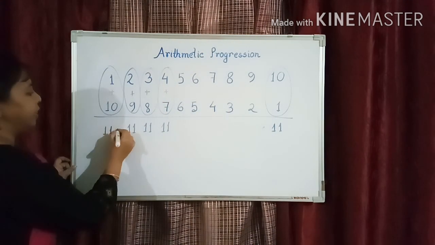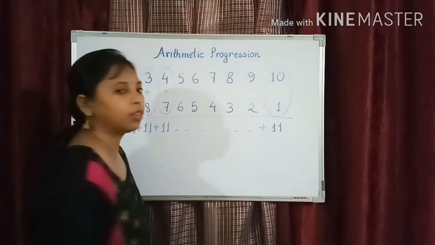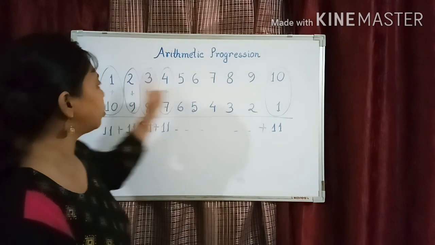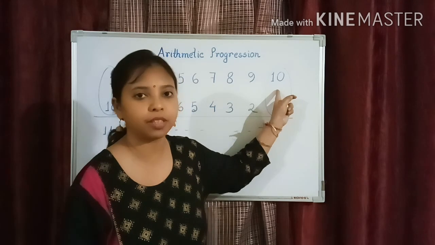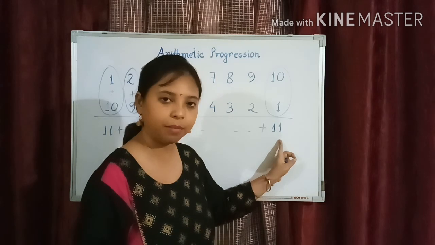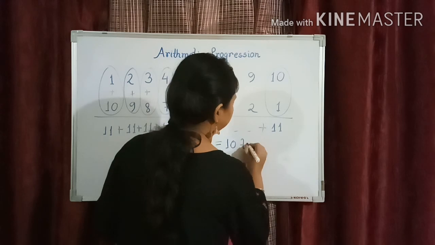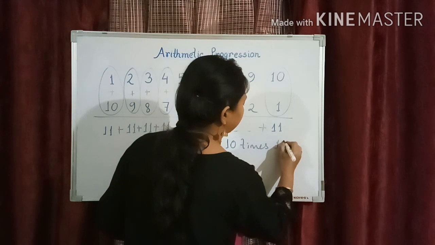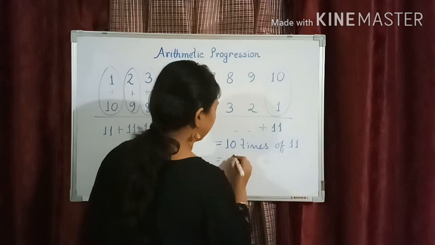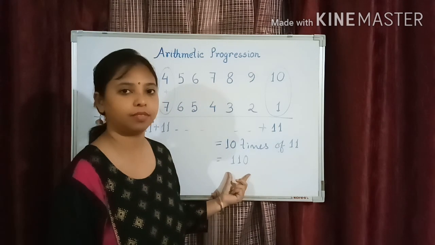Suppose now I want to add them. 11 plus 11 plus 11. Okay. Then the last term also 11. If I want to add, very quickly I can say, because here I know from 1 to 10 how many terms are there. Definitely 10 terms. So 11, in this way, how many terms are there? 10 terms are there. So here I can say 10 times 11s are there. 10 times 11. So this answer will be very simple. Immediately I can say 110.